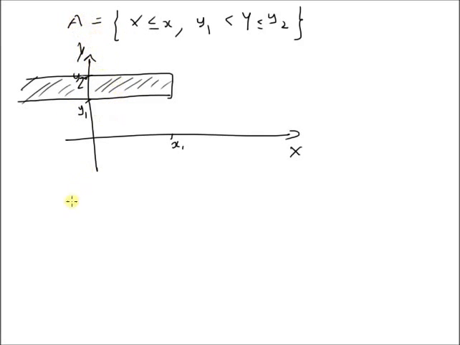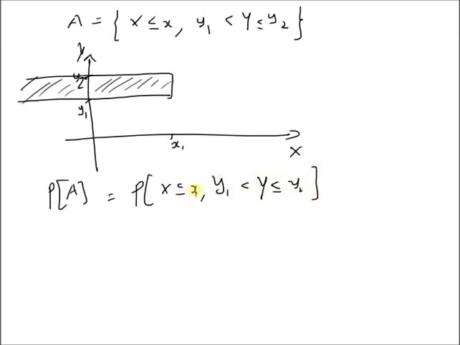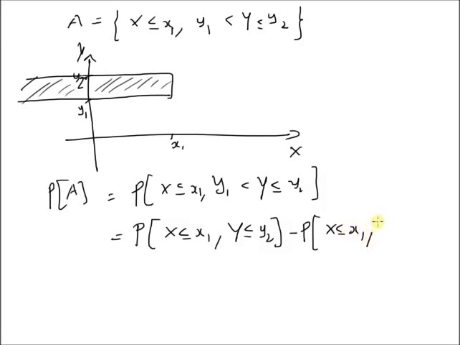Now we can easily calculate the probability of A, that is the CDF, as the probability of X less than or equal to small x and y1 less than capital Y less than or equal to y2. So this is the probability. From the graphical representation of this event, we can clearly see that this probability is equal to the difference between the probability of X less than or equal to x1, comma Y less than or equal to y2, minus the probability that X is less than or equal to x1, comma Y is less than or equal